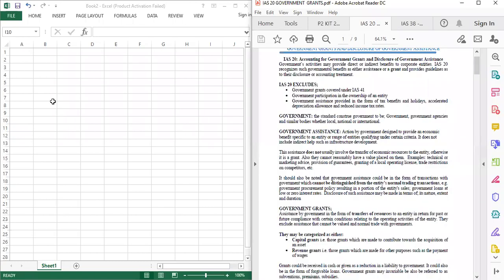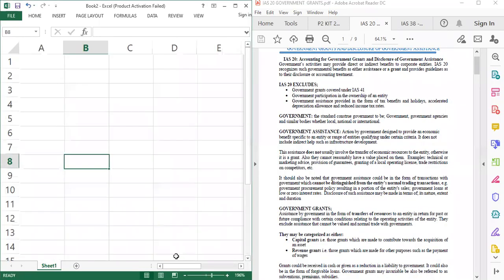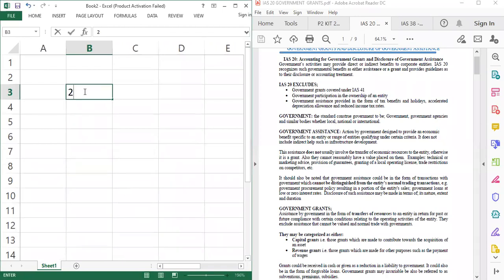All right, so assuming the government is just saying that, okay, anyone who employs 20,000 employees in a year,